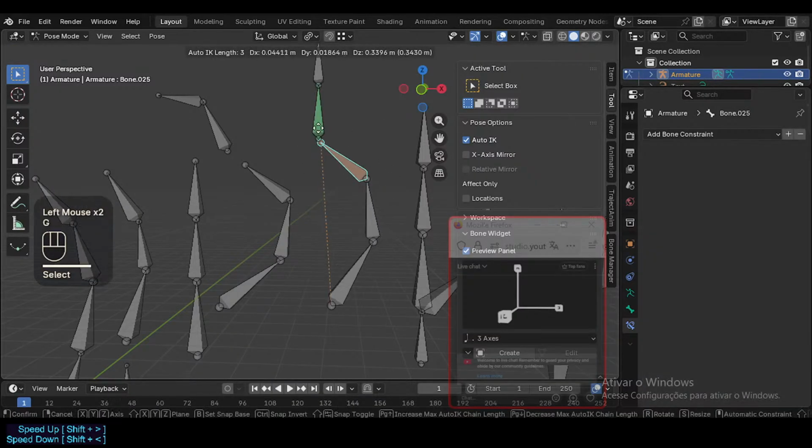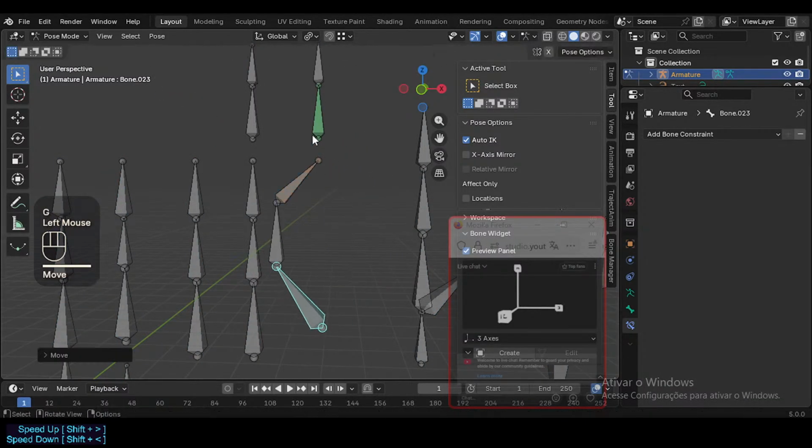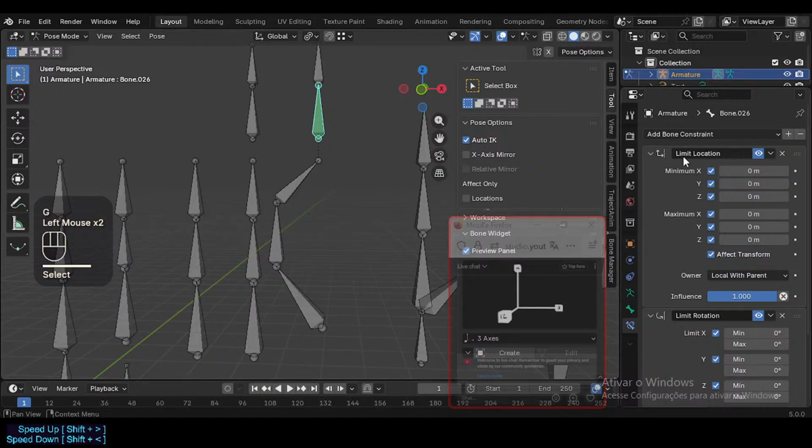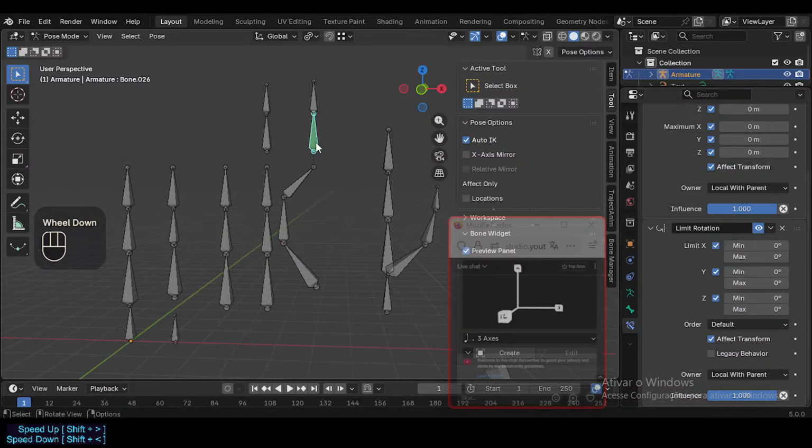But imagine this was closed like there, right? So you see that what we have here, if this was a temporary limit location, I don't know how to script that, right? But imagine if you have an add-on or an auto IK option 2.0 that had a limit location like this and a limit rotation like this, same thing, factor local with parent, then we can temporarily